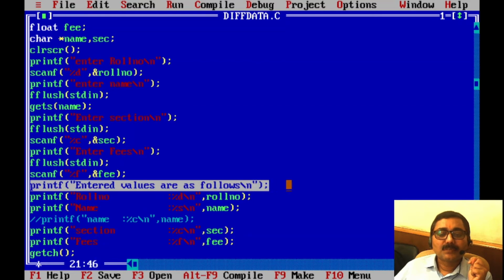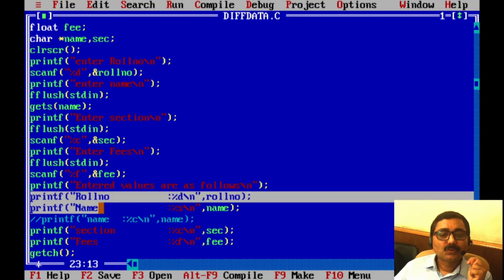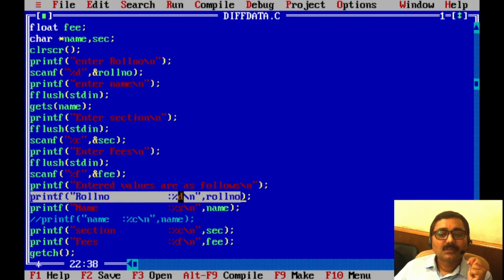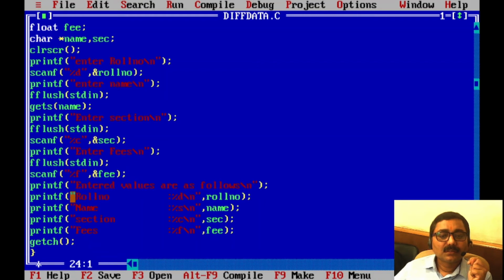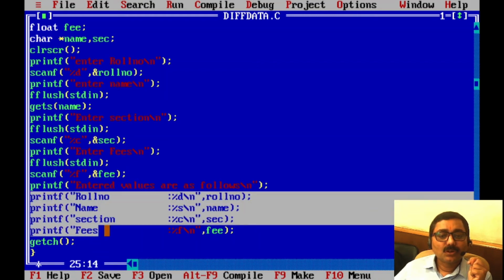this statement will print entered values are as follows. So roll number will be printed here from the roll number variable, and this name will be printed here with the help of %s. This line is also not required, and finally these all four lines will print roll number, name, section, fees.